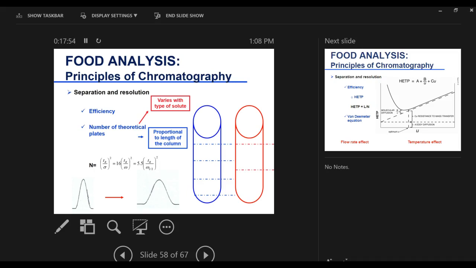Of X. The equilibrium is between the stationary phase and the mobile phase. The quicker X reaches equilibrium, that means this distance is short. The shorter the distance, I have less diffusion. Because when you inject, you're injecting your sample on top of this column here. When you inject it, it's going to be a thin